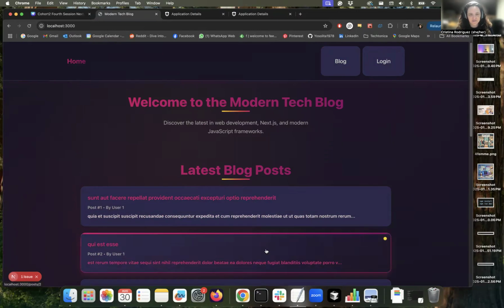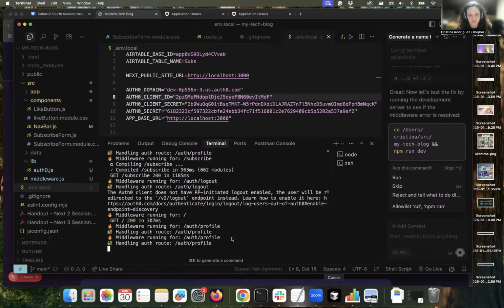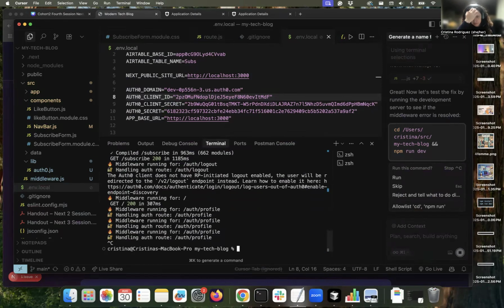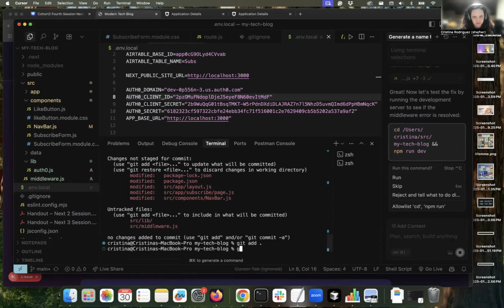Now, once this is working, what I really want to do is deploy this to Vercel. So there is a bunch of things that we need to do in order to do that. The first one is that we need to put all our code in GitHub because Vercel will connect directly to GitHub. So I stopped my server for a minute and I will do git status. It tells me everything that is new. So I will put all of that